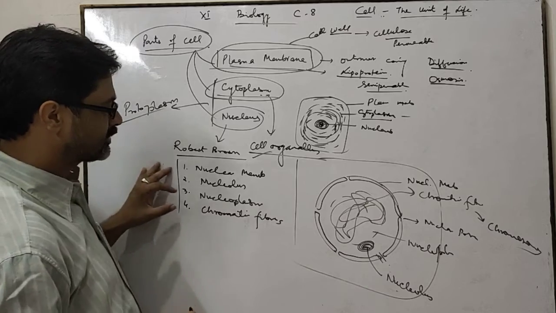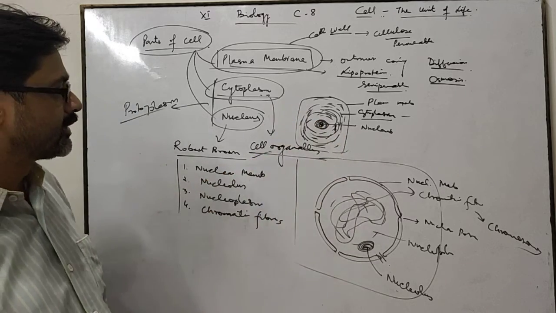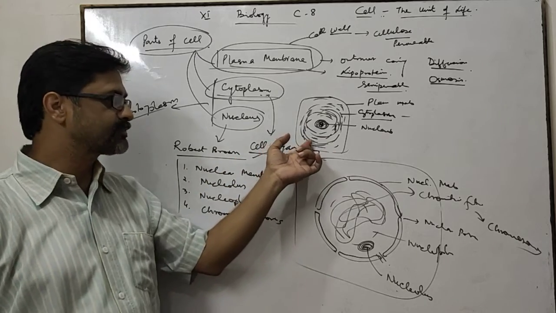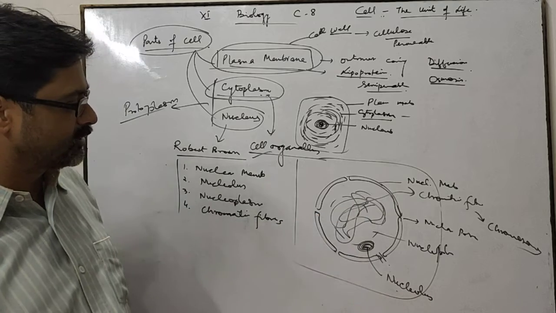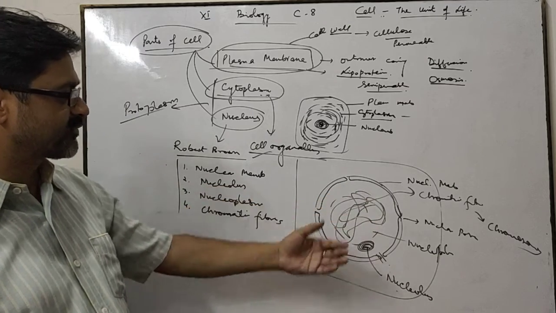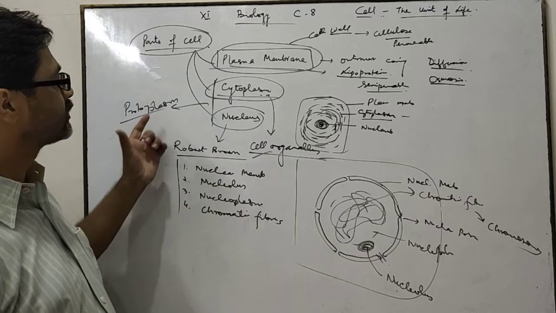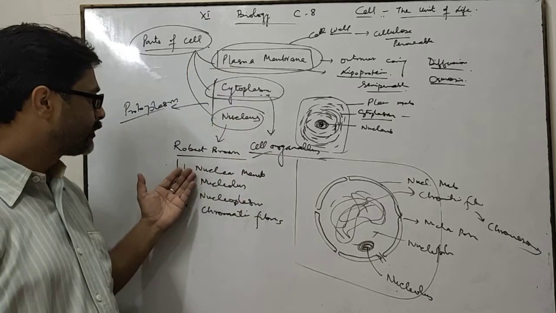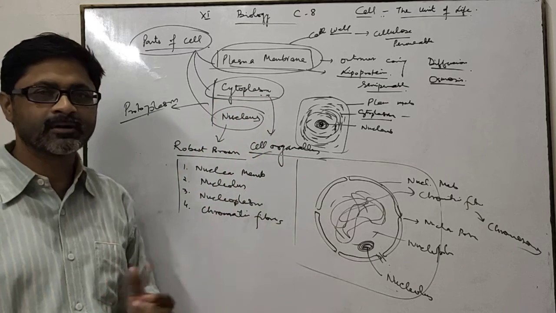Okay, nucleus is the control part of cell. Means nucleus controls the various functions that take place within the cell, and chromosomes are also present within the nucleus, which transmit characters from one generation to another. This is about the various parts of cell and various parts of nucleus. In my next lecture, I am going to discuss about the cell organelles.